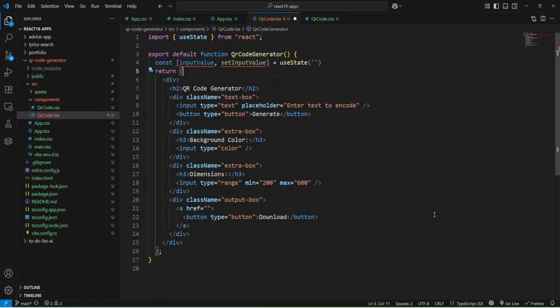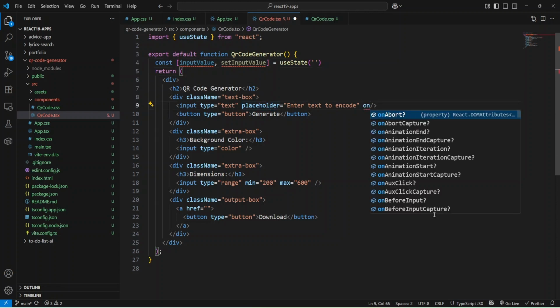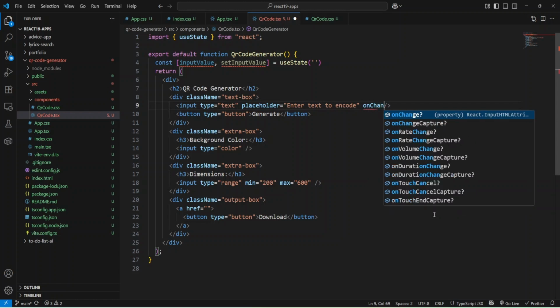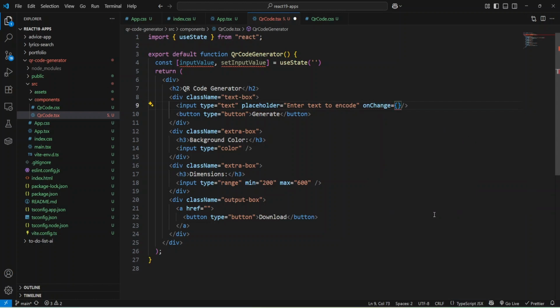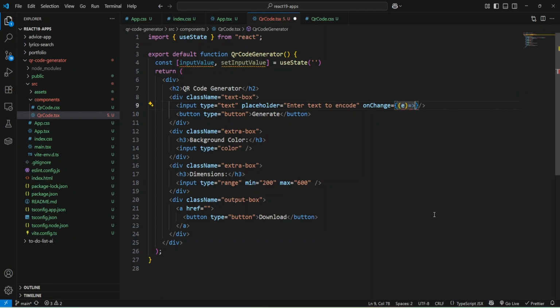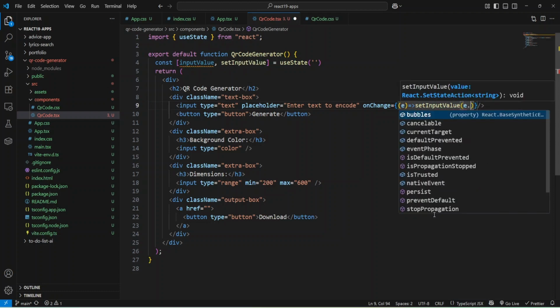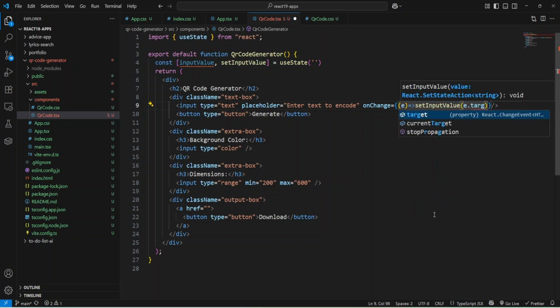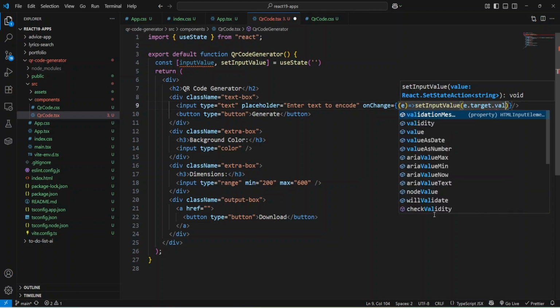Okay, and we can use it on change inside the input. I'll add an onChange event handler, and on change I'm going to just add the input value to my value. Okay, and let's do it, and use this event.target.value inside it.